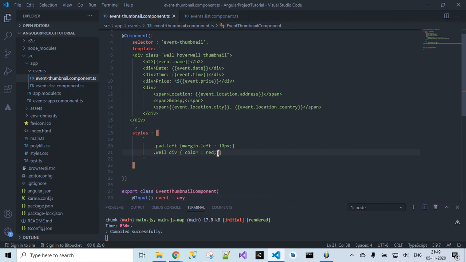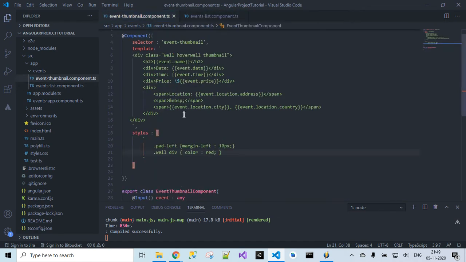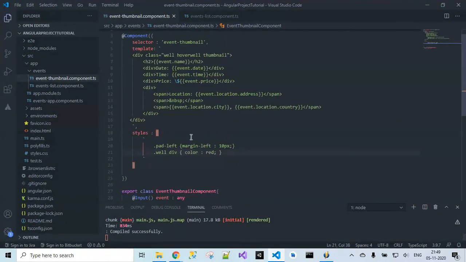So what is happening is that the styles of the child component are scoped to it, so the parent component's content does not get them. That's why the child component class is getting the styling values, whatever we are applying over here. So these classes will be applied only for the data inside the child component class. That is the template, right? Whatever HTML content we want to display on our web page is inside this template. Only for this content will the styles get applied. Okay. So this is regarding how we can apply styling for the component.